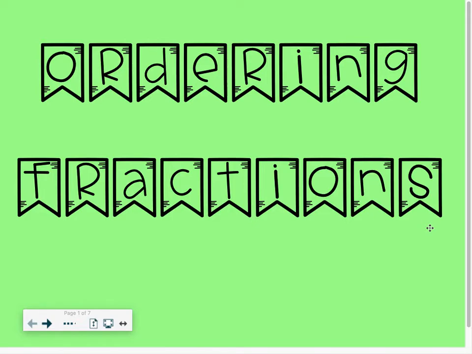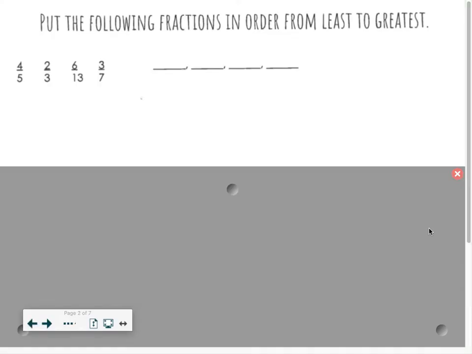Okay? So, yesterday we looked at comparing fractions. Well, today we are going to take it a step further. We are going to use what we did yesterday to be able to put fractions into order. Okay? Now, I should see this on every single question that you do when you order fractions. Because this will make your life a million times easier. On every single problem,